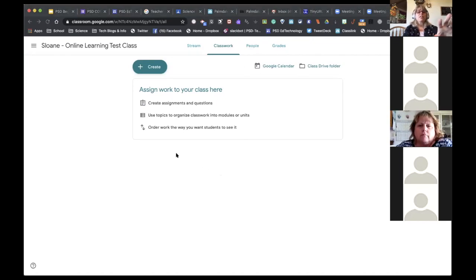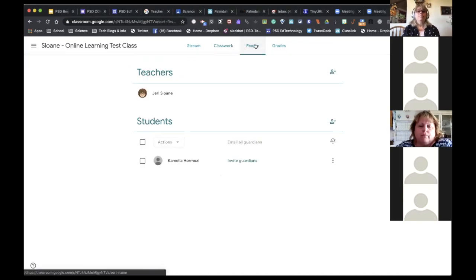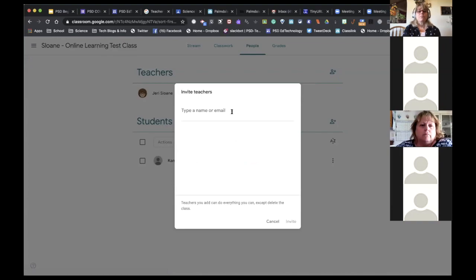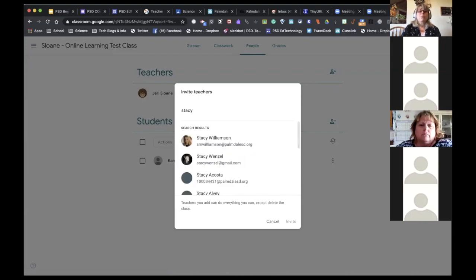So once you've got it created, let's do the add administrators first. And that's a great idea. And that just goes under People. So it's next to Classwork. It's right in these top 4 menu items, and Teachers. So we just hit the plus sign, Invite Teachers, and then we add the administrator's email. For example, if I put in Stacy Williamson, her name comes up, I click on her,